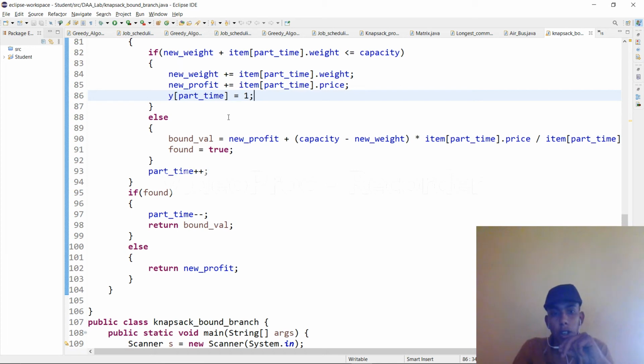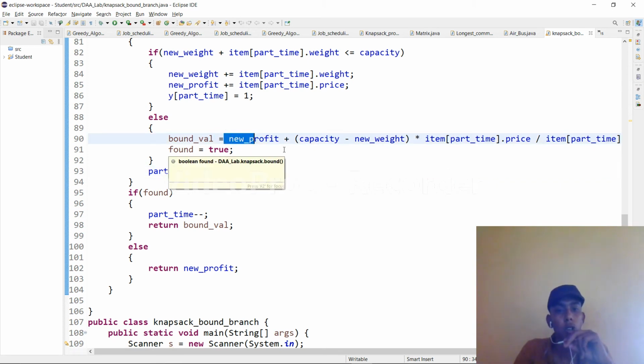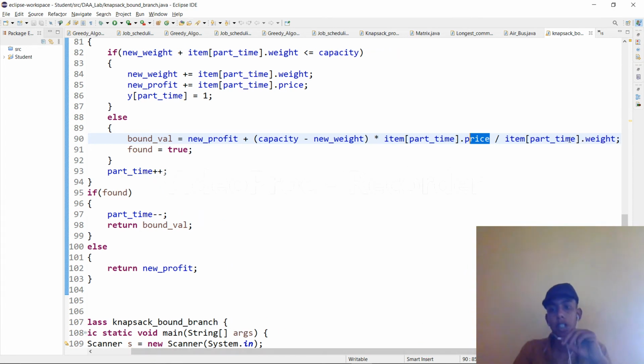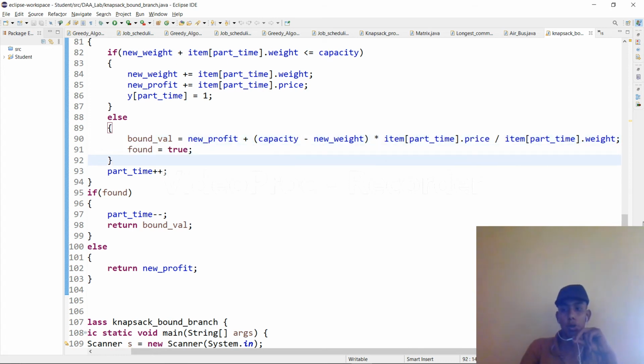If it is not there, it will go here: bound value equal to new profit plus capacity minus new weight, that is the formula we are going to calculate for the bound value. So new profit plus capacity minus new weight into items part time price by items part time weight, that is the bound value calculation, and we are taking found equal to true.